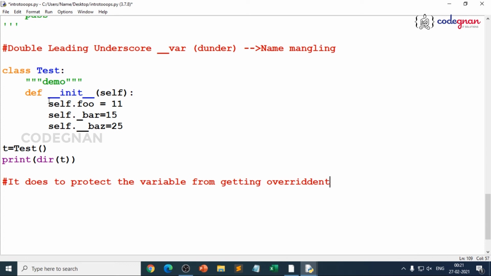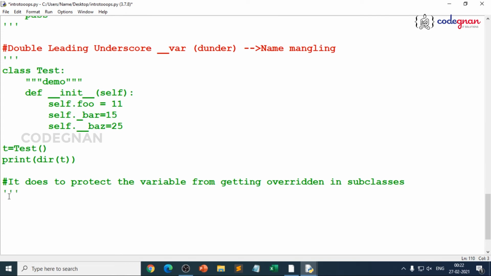I just made a very silly mistake without defining the methods. So always remember, you don't just blindly write the code which I gave you. You just try to understand the logic and make sure that you write your own ways. That's where you run the logic, right? So whenever you go for double leading underscore, these are read as special variables to protect them from being overridden. That's the importance of double leading underscore.